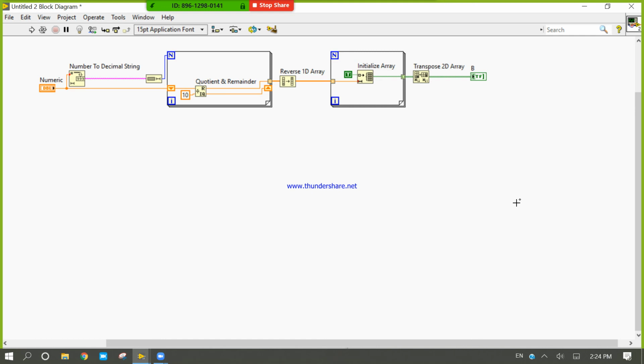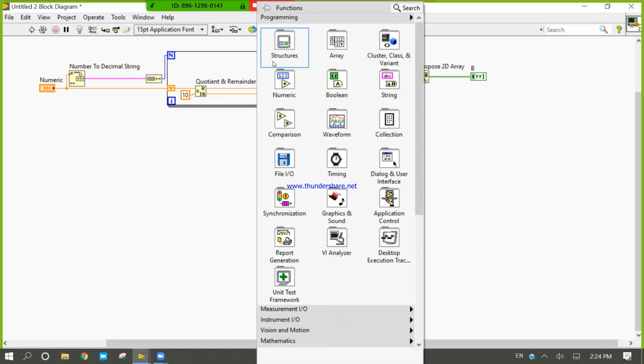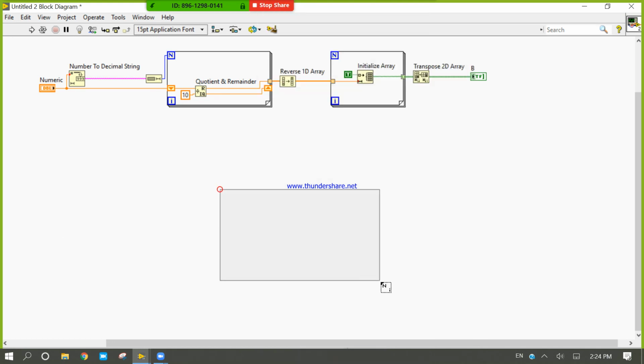So please save it and give the name: LED display for more than 2 digits. Please save. And if you have done, copy my last program, today's last program.